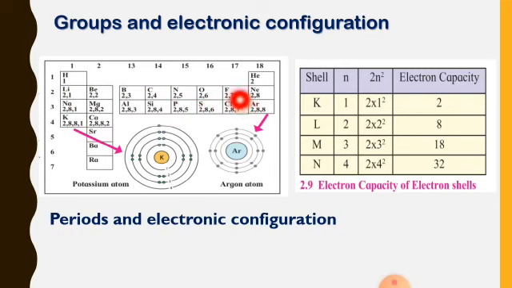At the same time the number of valence electrons also increases by 1 at a time. You can see here it is 3, the number of valence electrons over here is 4, and here the number of valence electrons is 5. Like this they are increasing from left to right. Then the elements in the second period, where is the second period? Over here. The elements in the second period are lithium, beryllium, boron, carbon, nitrogen, oxygen, and so on. They have electrons.